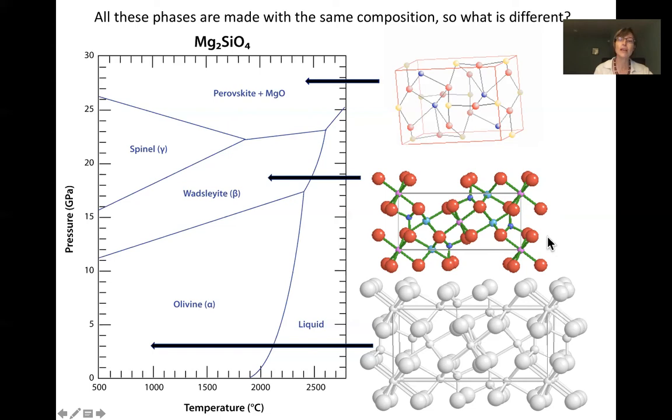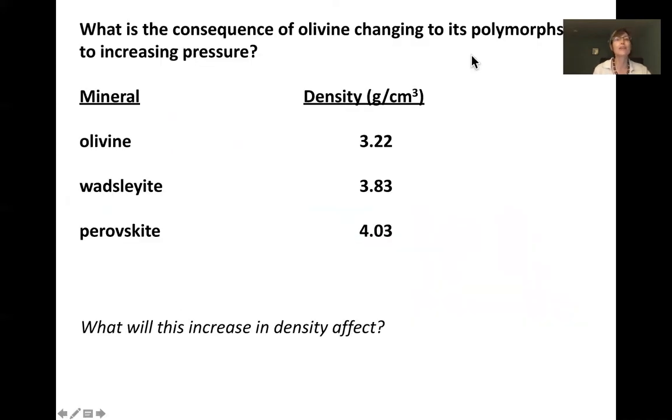So we see that we have a slightly different structure for wadsleyite and yet a different structure for perovskite. I have not to scale, but deliberately made my olivine image larger than the wadsleyite and the perovskite image. Why do you think I'm maybe showing a large unit cell for olivine and a smaller unit cell for perovskite? Well, if we look at